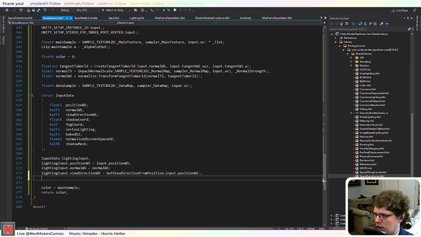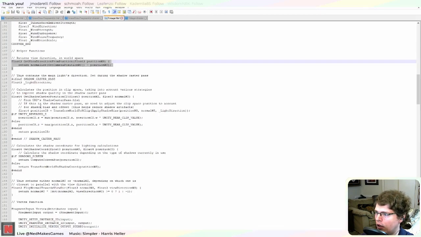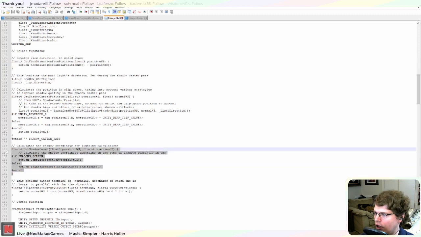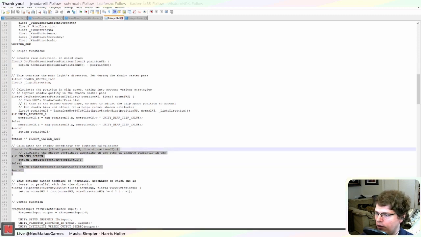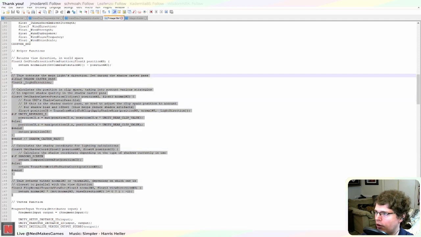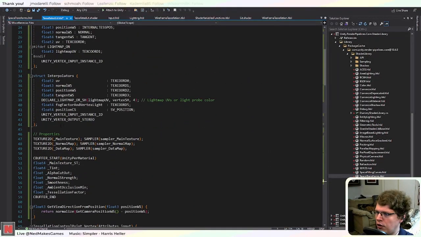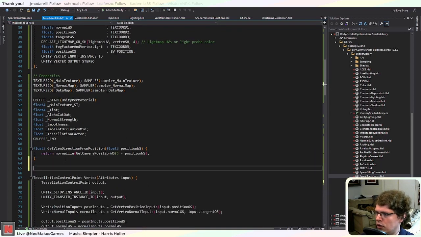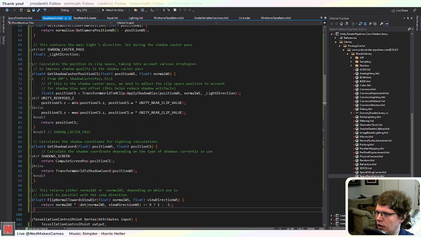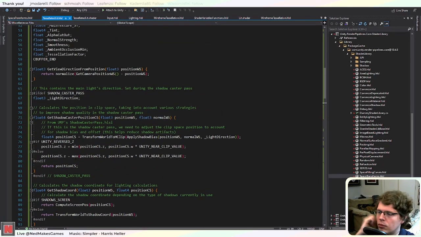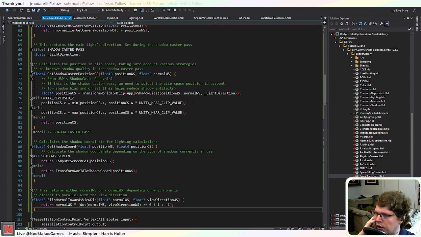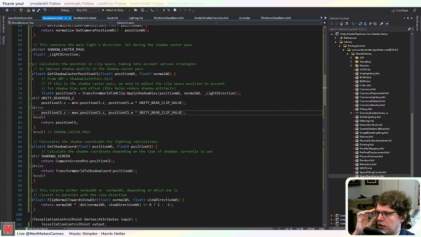All right, and then we've got the shadow coord, which again I should have. I have this little function. Actually, I need to test this, but while I'm here, I'm just going to copy all these functions because I'll need them for the ShadowCaster. But Unity added new screen space shadows. Actually, it just came out this morning, 2021.2. So I'll need to look into that. I need to update my shader graph